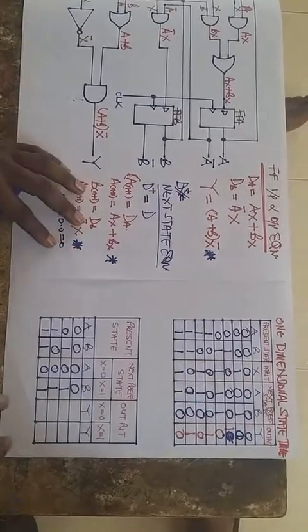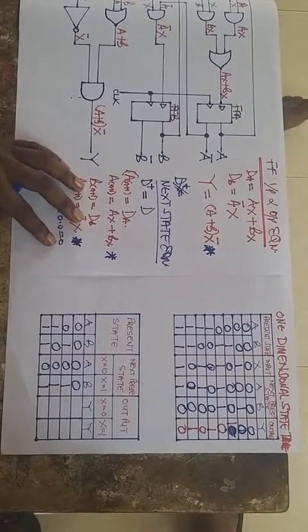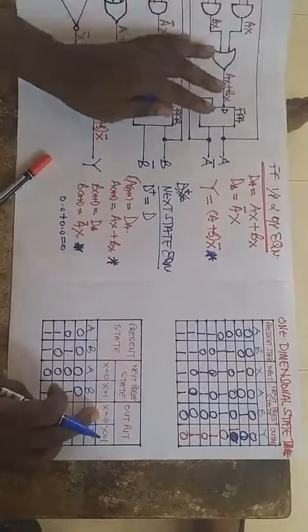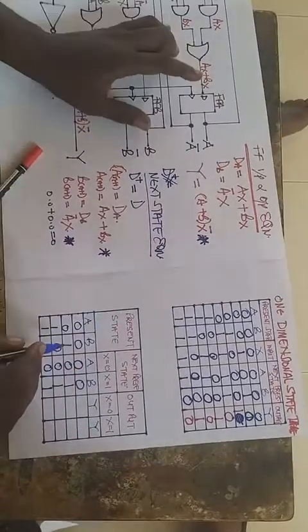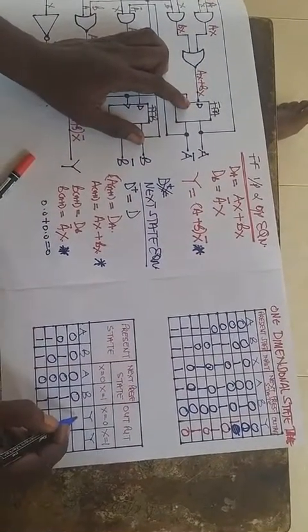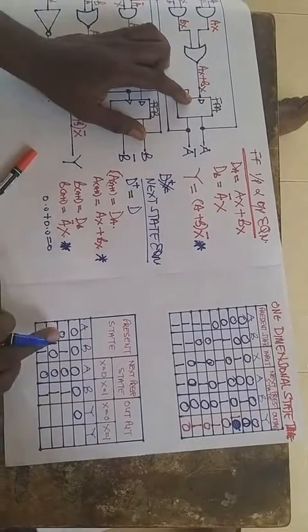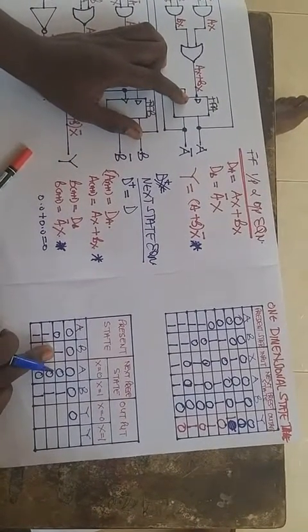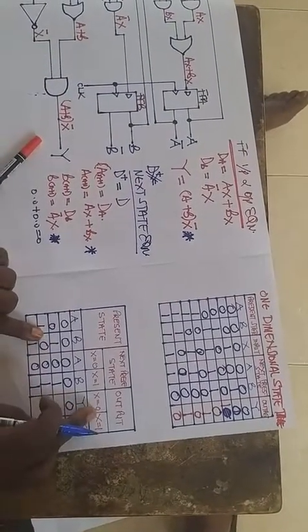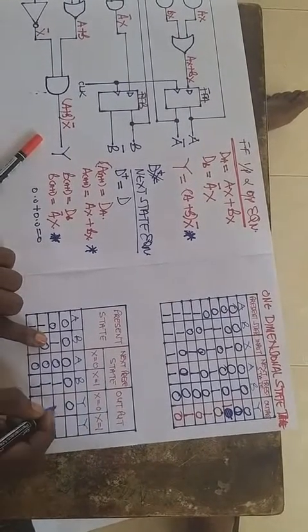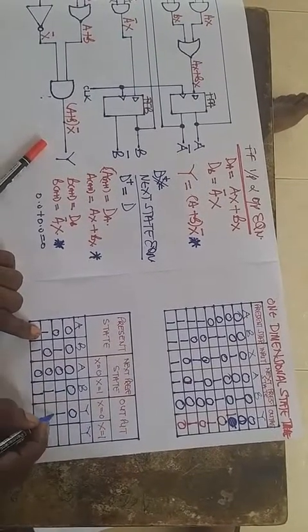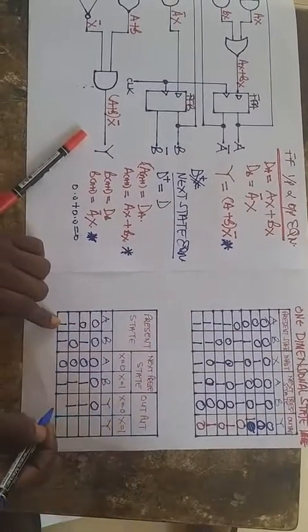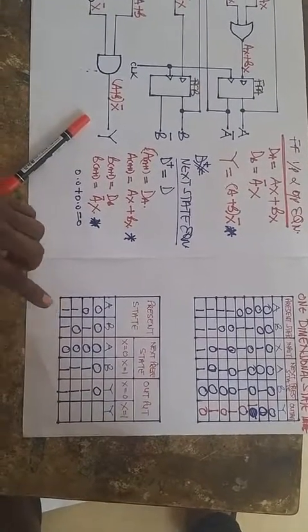Now we fill in the output when x equal to 0. We do the complement. So 0 plus 0 is 0. The complement of 0 is 1. So here will be 0. 0 plus 1 is going to be 1. And then we complement x, which is 0, which will be 1. So here will be 1. Here will be 1. We complement x, which is 0. Here will be 1. We complement x. So here will be 1, 1, 1, 1, 1, 1. Okay. I believe you get it.